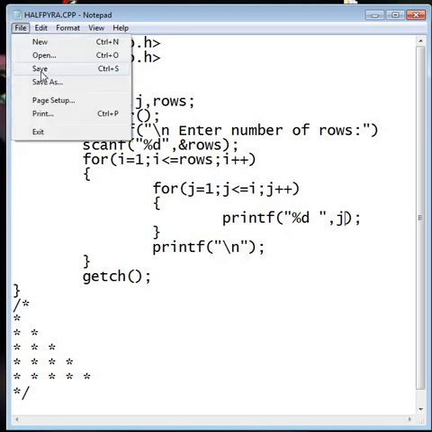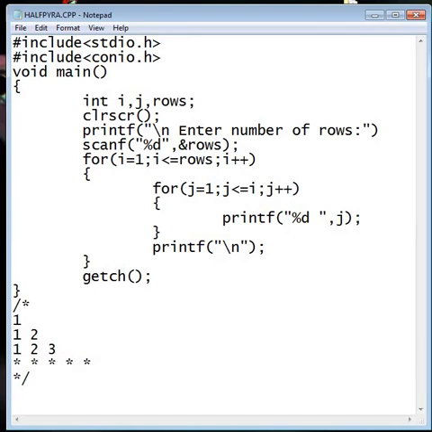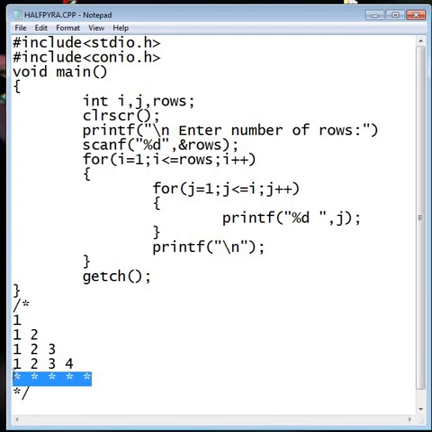In place of star or any number or any alphabet, if you print the value of j with space, the output will be 1, 1 2, 1 2 3, 1 2 3 4, and 1 2 3 4 5, like this.